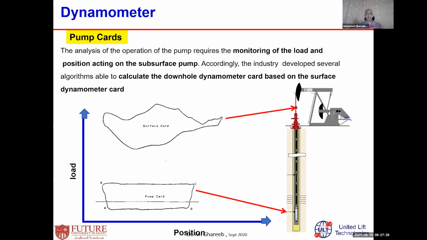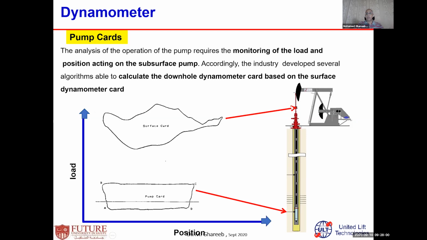Then I have two cards. One is what we call the surface card, and the other is called the downhole card. The surface card is the measurement of the fluid loads at the surface, polished rod load against the position. Then the downhole card, let us just start with this and we'll change the wording again after a while. Let us consider it is a load against position, but it is a fluid load at the pump, simulated